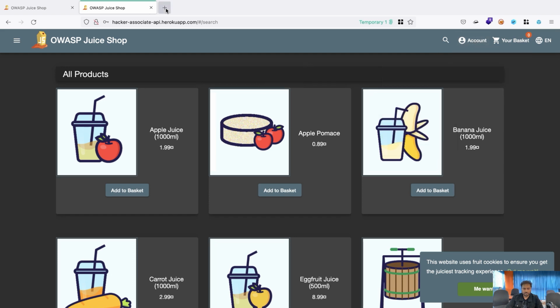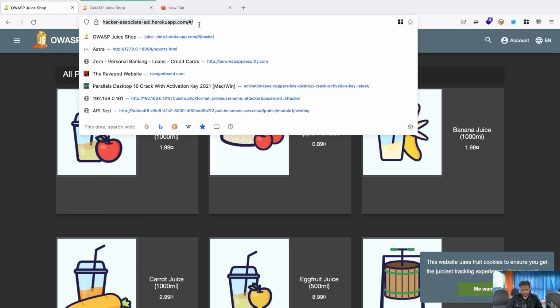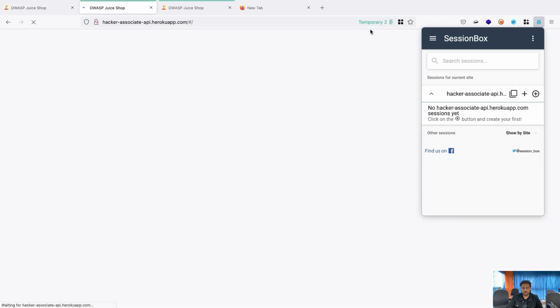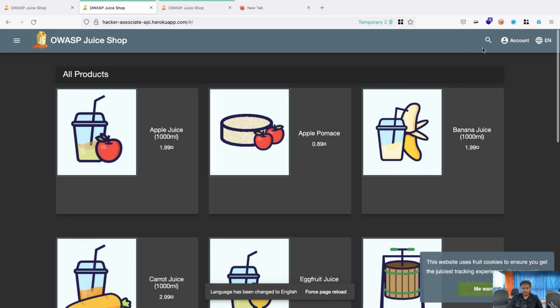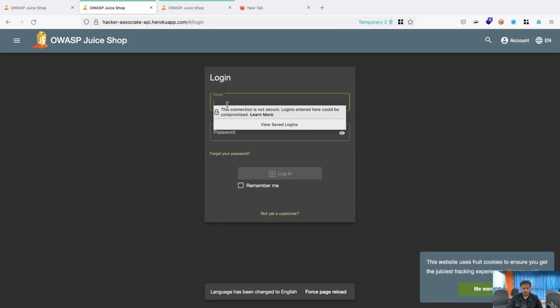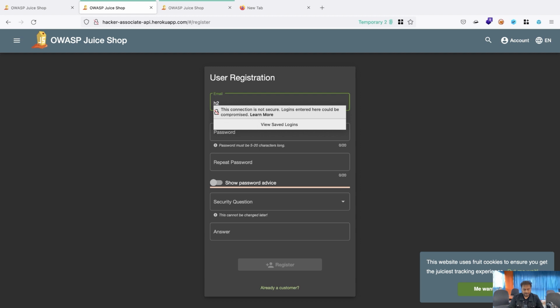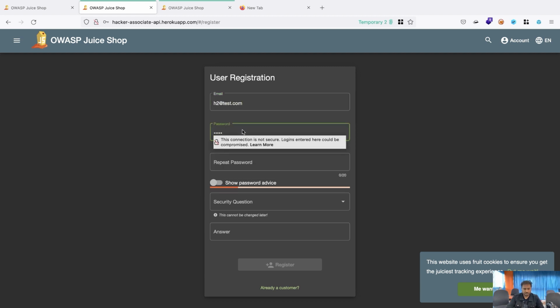Now for the second, you can go ahead and click the plus button. You can clearly see temporary 2 came, and after that I'll dismiss it, go to account login, and write h2. I don't have a user, so I'll try not yet a customer. Enter the email ID h2@test.com, and the password I'm giving the same, 12345, and the same security question.